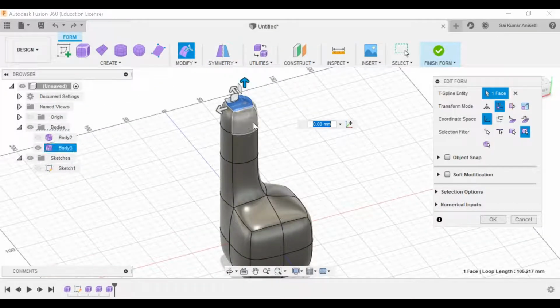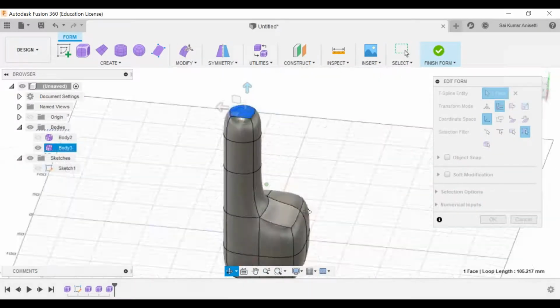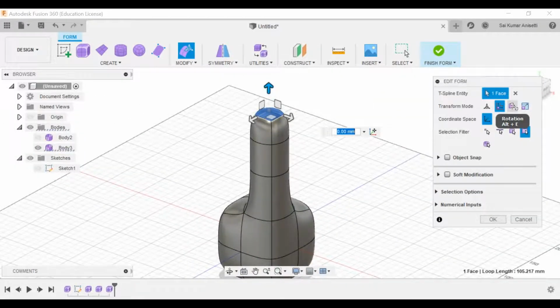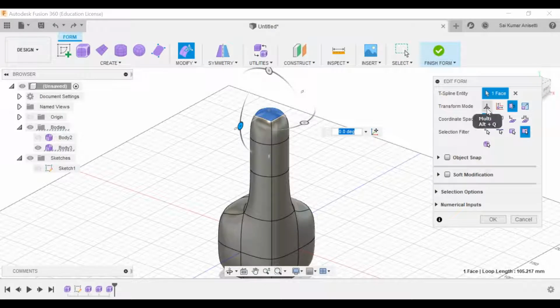And now let us see rotation. Second one is rotation. See, everyone will be asking what are the shortcut keys for everything. I'm using just shortcut keys. If you hover your mouse on top of this, you will see the shortcut keys: Alt Q and Alt W and Alt E and Alt R. If you have a habit of working with shortcut keys, you can make use of these shortcut keys. Just hover your mouse and do remember these shortcut keys. Everything will be available in shortcuts. That is how you actually note it down.